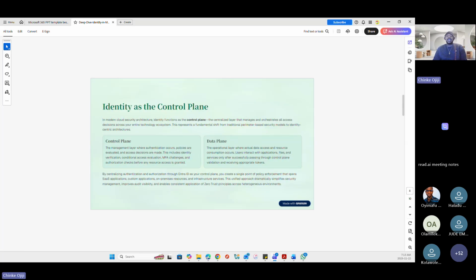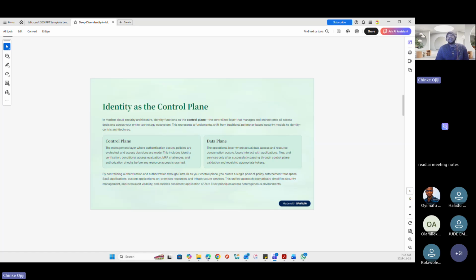Next, think of identity as your control plane. That is a central hub that determines who can access what, when, and how. Unlike a data plane, where the workloads run, the identity control plane doesn't host your business data, but it governs everything: applications, devices, and resources.